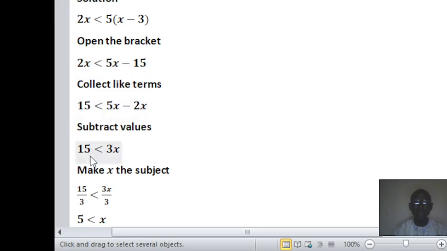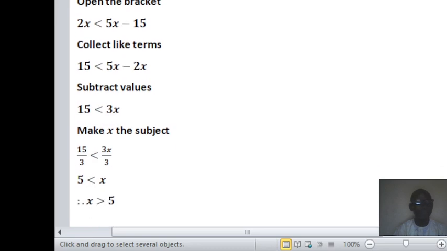From there, you perform your arithmetic process. Bring down 15. We have to subtract the values. Then 5x minus 2x, you have 15 less than 3x. What do you do? If you like, you can just cancel straight. 3 here, 1. 3 into 15, you have 5. That is the reason you have